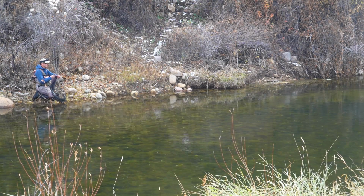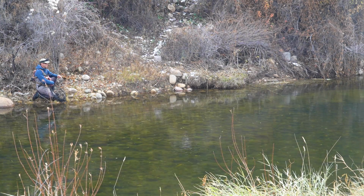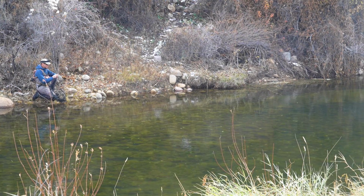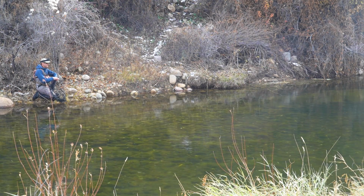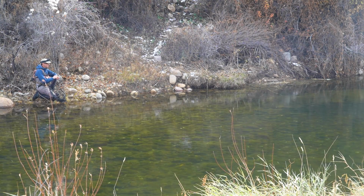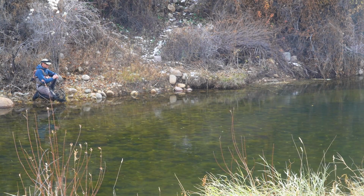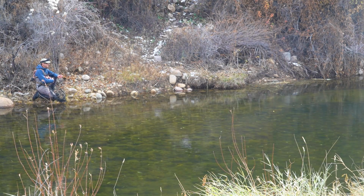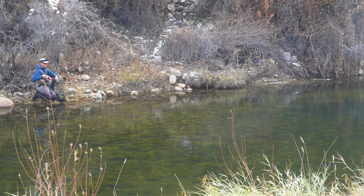I'm used to keeping track of rods, and whether I put them down my waders or lay them down, I know where they're at. And having a rod that's dedicated with the specific rig that I like as well is very helpful. So I like to have this dedicated dry fly rod ready to go because inevitably I'm going to hopefully get another fish or two out of this small group of rising fish, but eventually those fish are going to stop rising. And so